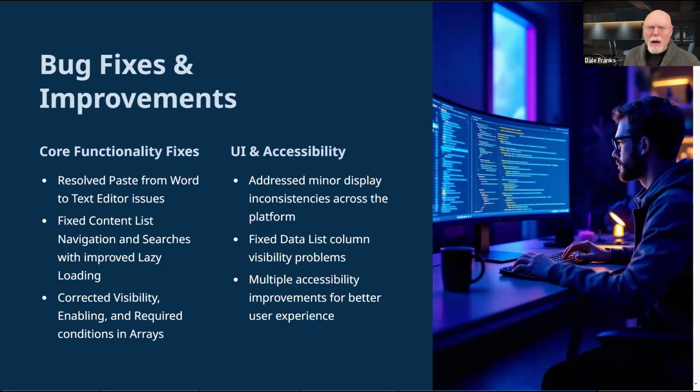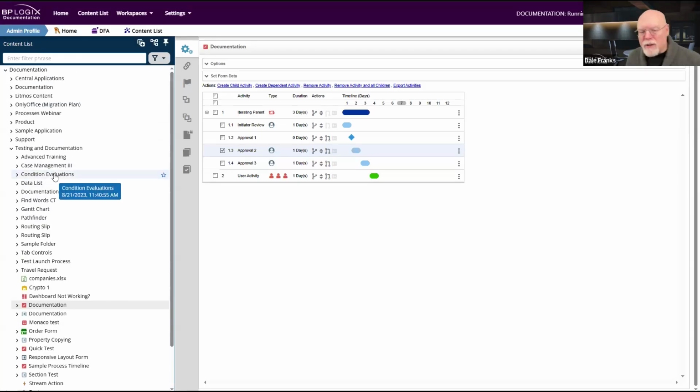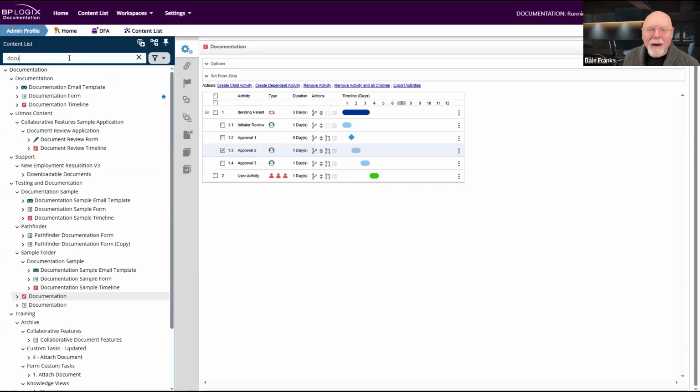Also, there was an issue with the searches. Now, I can't demonstrate it to you because I have full access to everything on this machine, but there was an issue where if I don't have permissions to view an object in the content list, it just doesn't show up here. Great, as far as that goes. Thing is, if I did a search, all of my searches would actually show me those objects to which I had no access. I'm not supposed to see them, and if I click on them, it won't open them because I don't have permission, but I shouldn't be seeing them in a search result.